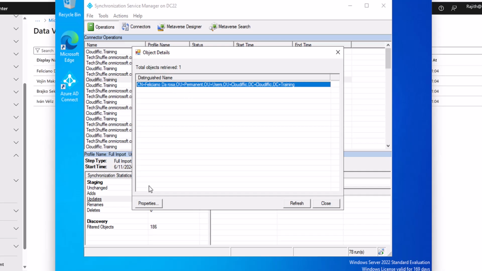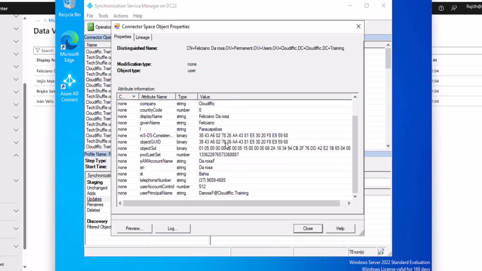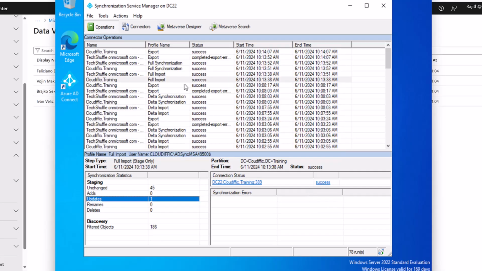Feliciano De Rosa. And if you click on the properties, it will list all the properties of that particular user. And you can see all the properties that we have for the user. So the UPN, as you can see, has been reflected without any space. So that is why it was successful over here. So if we close that off, and that is why this full import and full sync and an export was